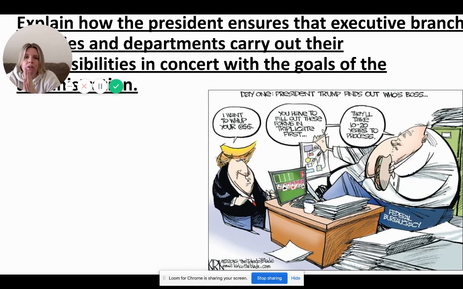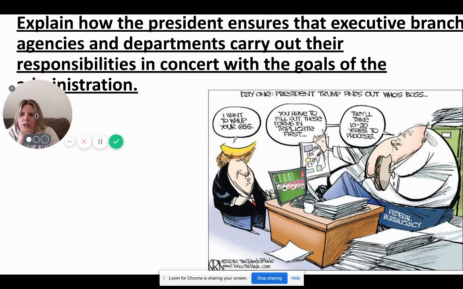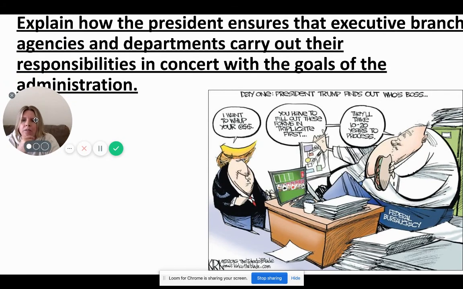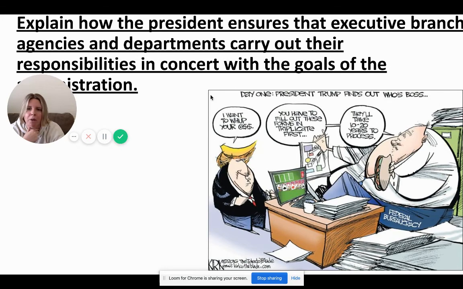So explain how the president ensures the executive branch agencies and departments carry out their responsibilities in concert with the goals of the administration. So this is like one of my favorite political cartoons, because it's like President Trump saying like, let's show you who's boss, basically. And then the bureaucracy is like, oh, you have to fill out these forms in triplicate first, and it'll take 10 to 20 years to process,